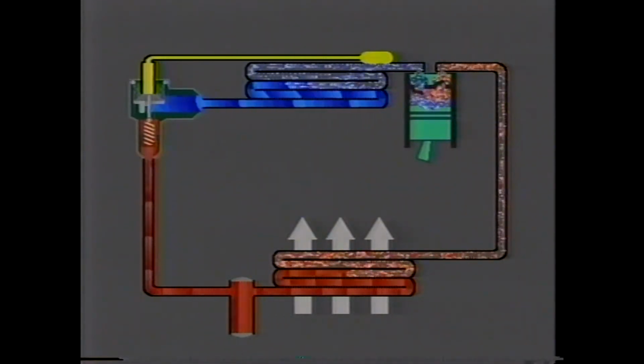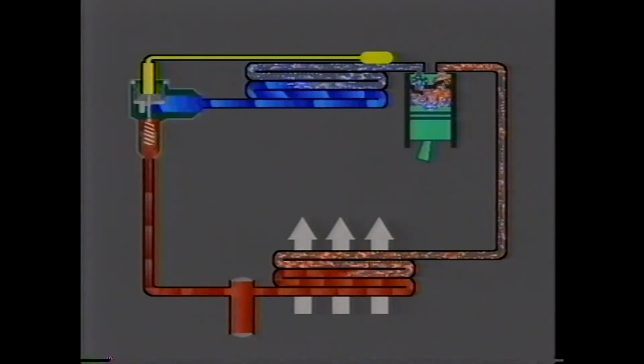Now, let's bring everything together that we know about R12 refrigerant. As it goes through the expansion valve, its temperature and pressure drop. As it goes into the evaporator, it starts to boil into vapor. Remember our example of boiling water. As the water became steam, it absorbed large amounts of heat. Now recall that R12 boils at minus 21 degrees Fahrenheit. So even though the R12 isn't as cold as that, it's cold enough to absorb a lot of heat from